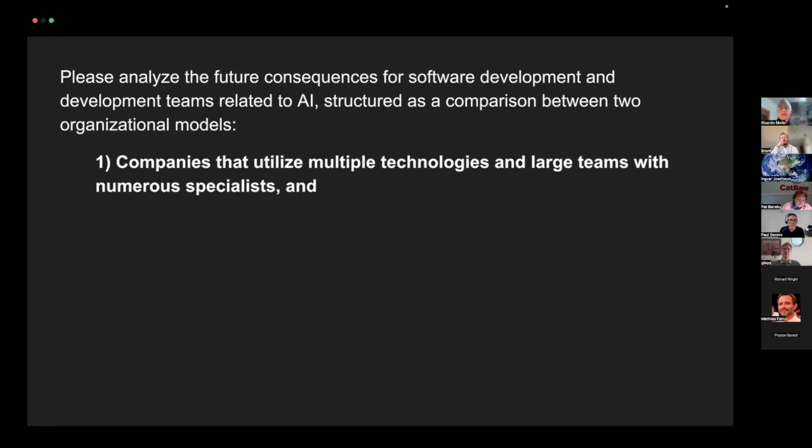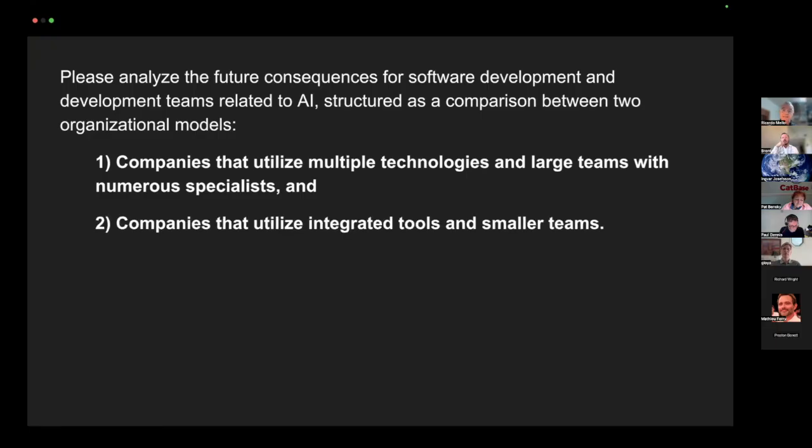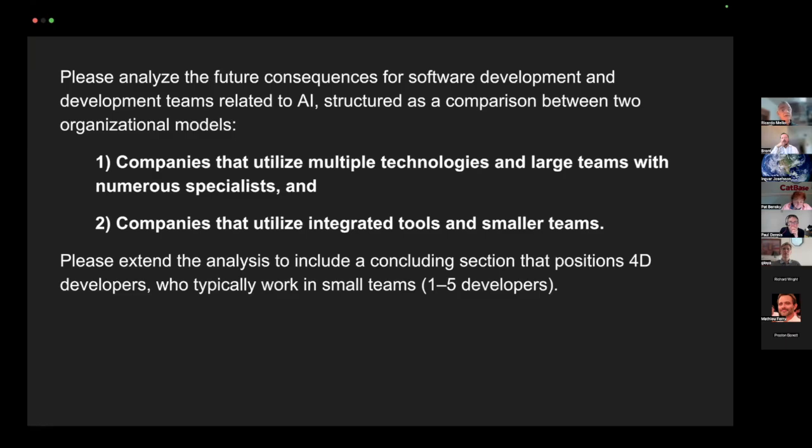First, companies that utilize multiple technologies and large teams with numerous specialists, and second, companies that utilize integrated tools and smaller teams. Please extend the analysis to include a concluding section that positions the developers who typically work in small teams, 1 to 5 developers.